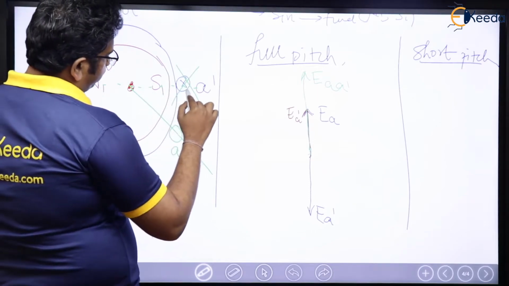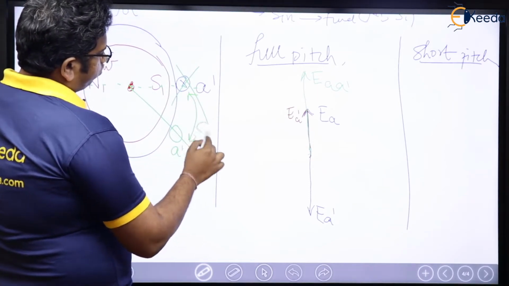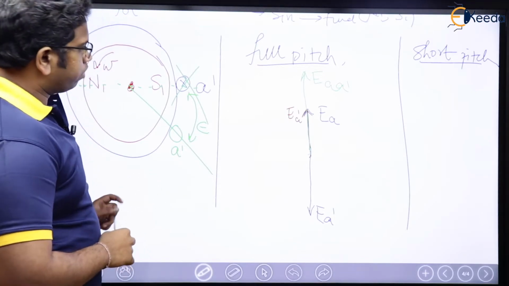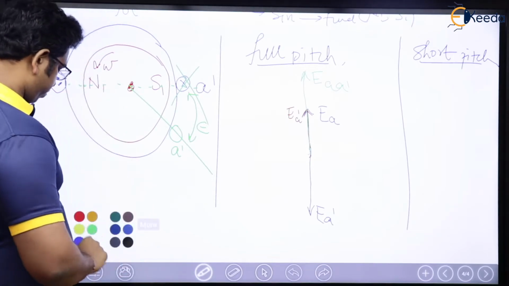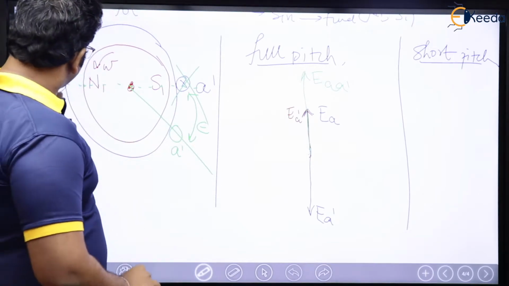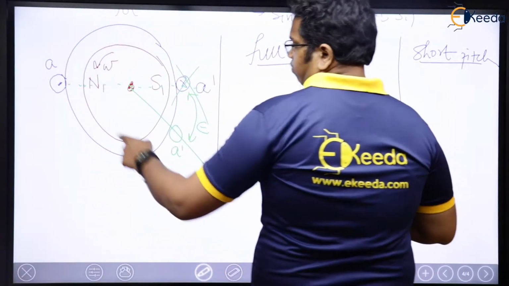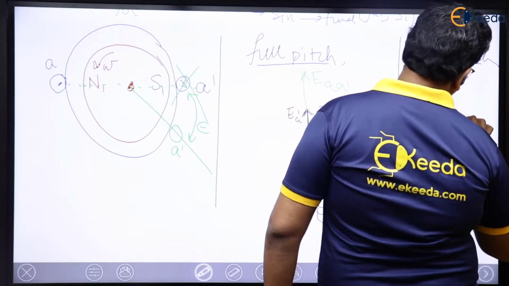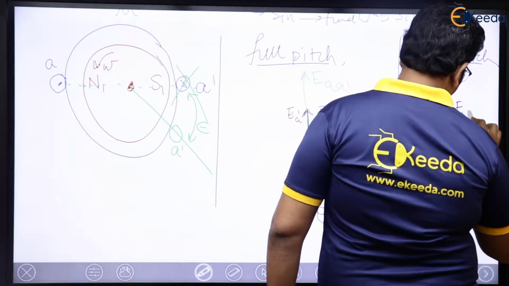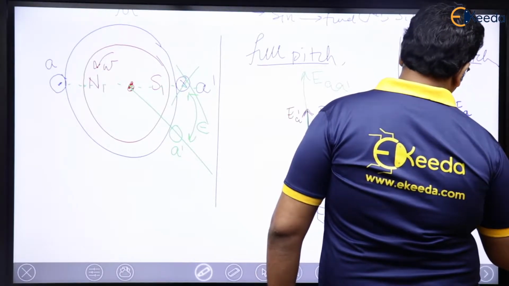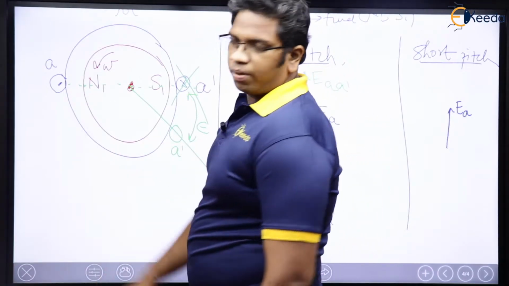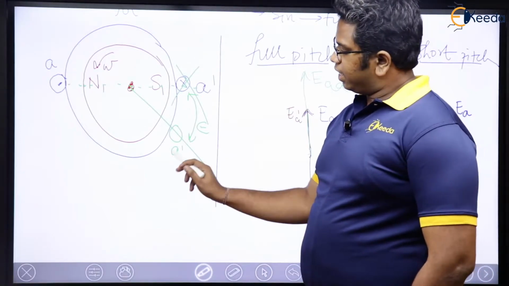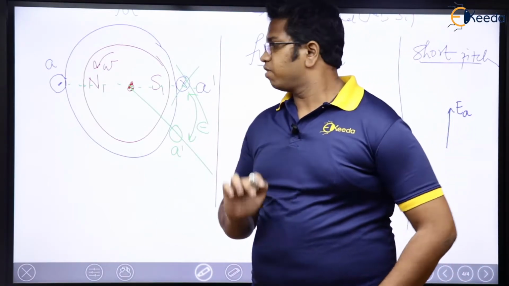Now what is going to happen? What is the angle between these two? The angle is going to be epsilon, as usual we have seen. The space angle is epsilon. Let us think of A first, in the sense EA. When N is here, EA is going to be maximum, so here EA has already been maximum. What about this EA dash? EA dash has to be negative maximum, but when will it be?